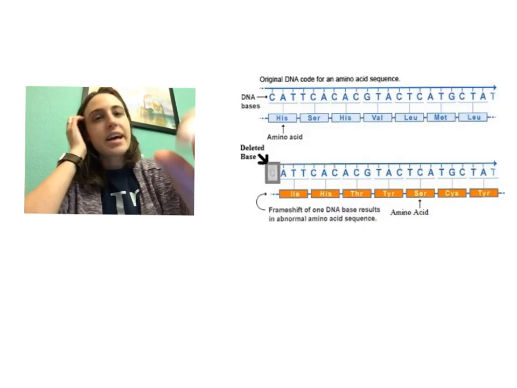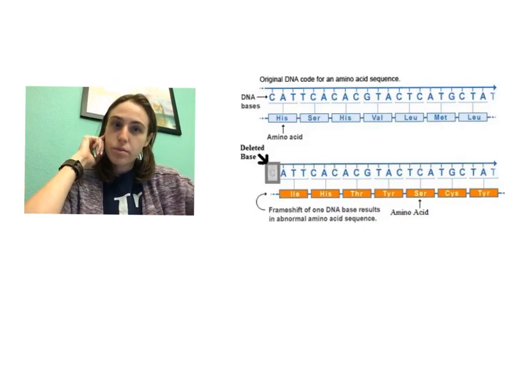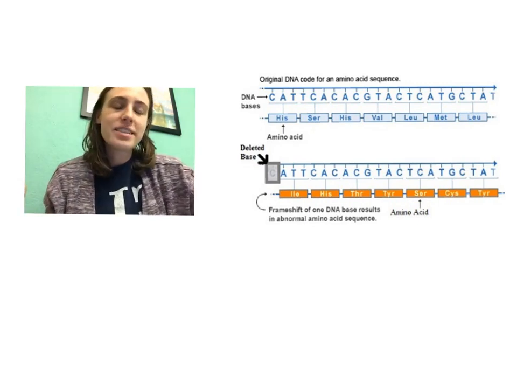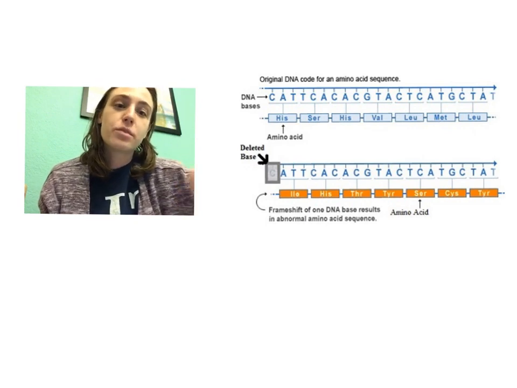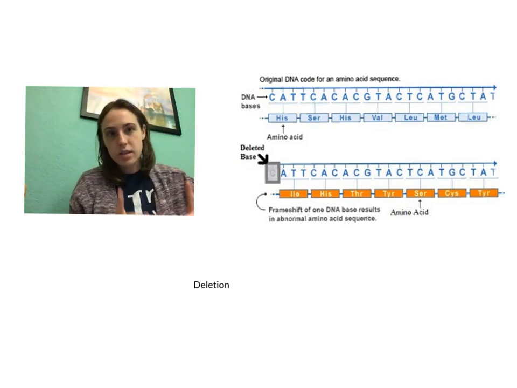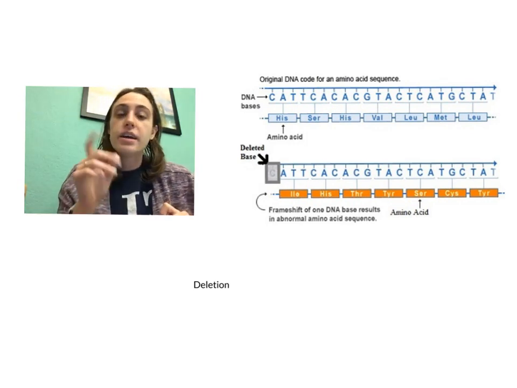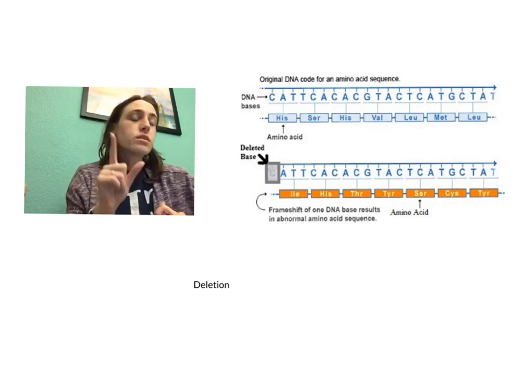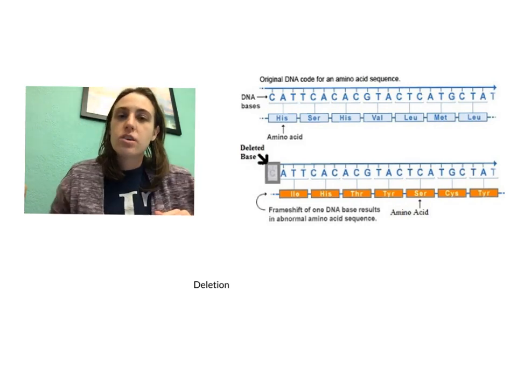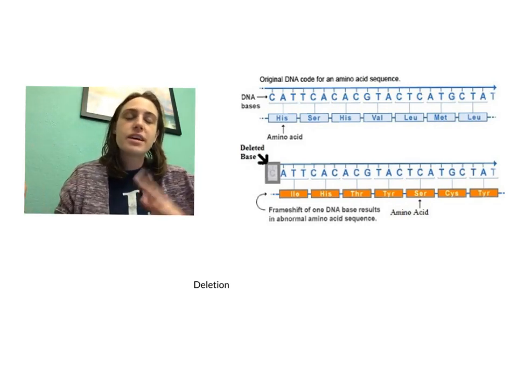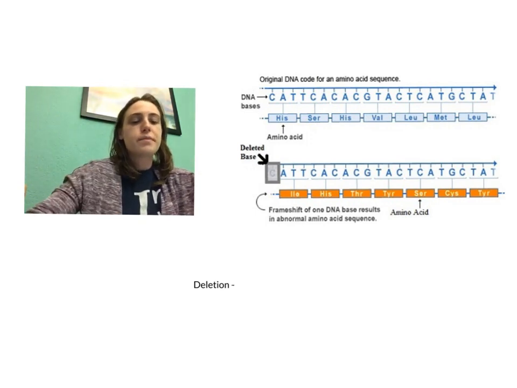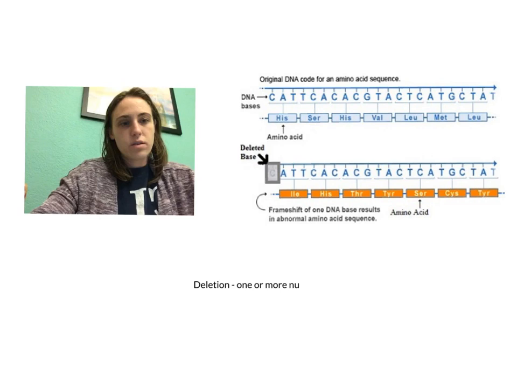Okay, so the second type of mutation that I want to talk about can have a, actually not a little bit, a lot more drastic effect on our cell. The second type of mutation that we're going to talk about is called a deletion. Now, deletions happen when some of that DNA segment is deleted, at least one nucleotide, and it only has to be one. Let's say one little nucleotide is deleted. Then everything after that point in that DNA segment is going to be affected by it. So deletion happens when one or more nucleotides